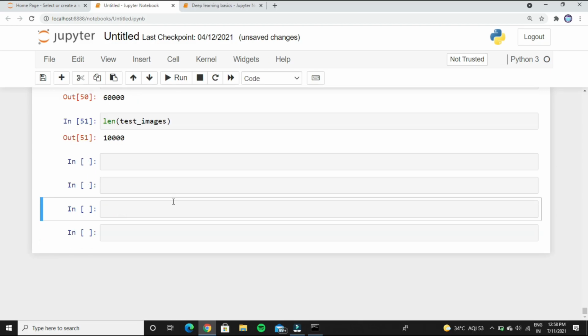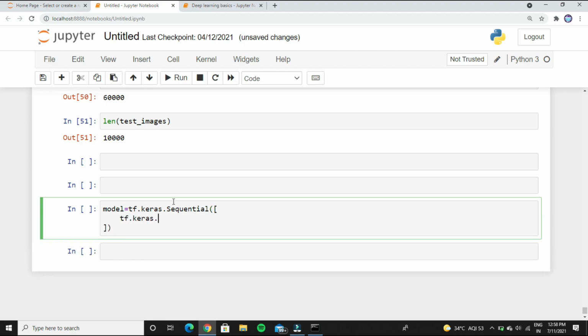Okay, now we need to create the neural network layers for this project. Create a variable model and then type tensorflow.keras. From Keras we are importing the Flatten layer. This layer is pretty simple. It simply reshapes your array. Here we have 28 by 28 array values. This layer simply converts this multidimensional array into a single array. This is the only thing this layer can do, and it doesn't have any other parameters.